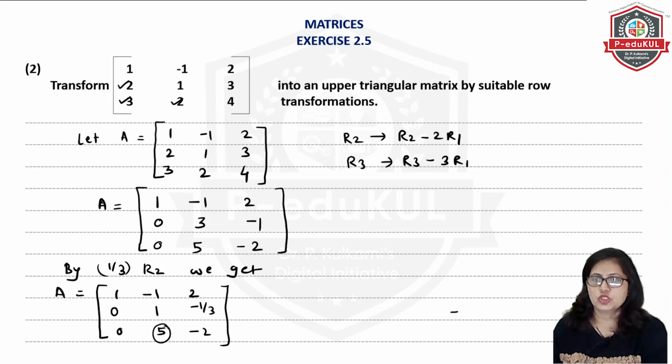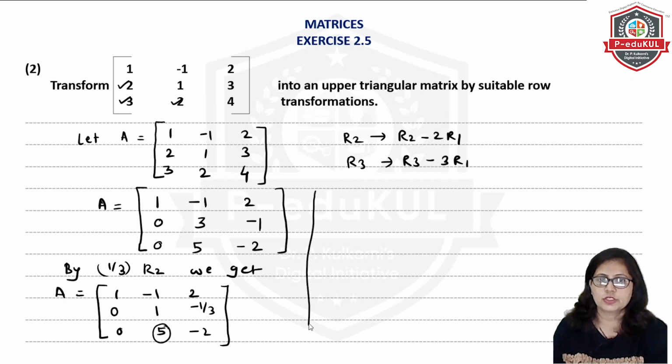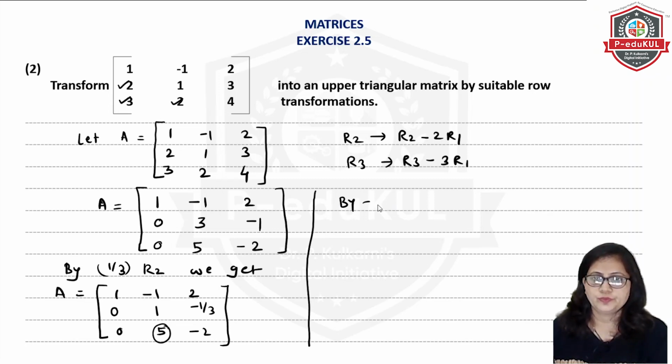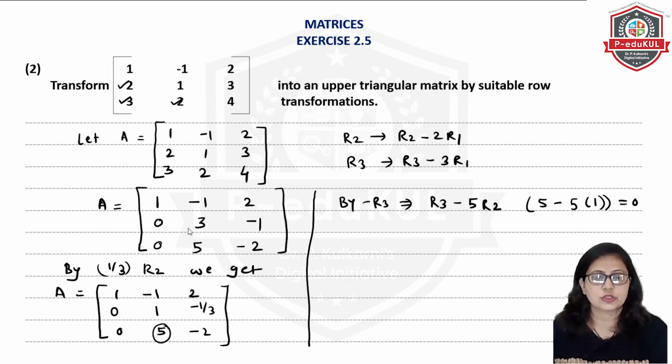Now I'll write the next transformation and do the calculation. Okay. So now I will show you the next calculations. We have done this here. Now what will my third movement be? My R3 I'm going to change as R3 minus 5 times R2. See, here 5 is there, so my motto is I should get 0 over there. So this is the way I'll get it 0, and that's why I'm doing this transformation.